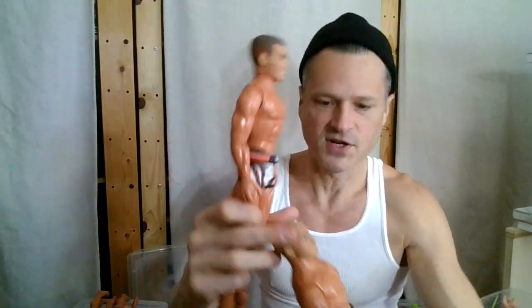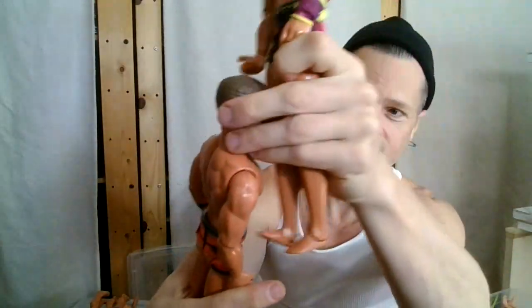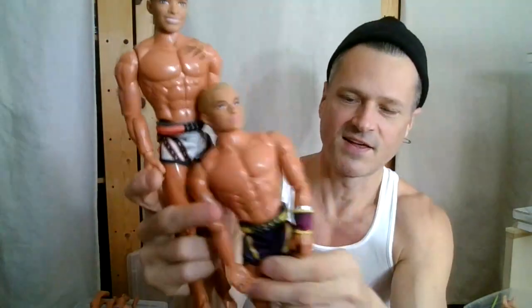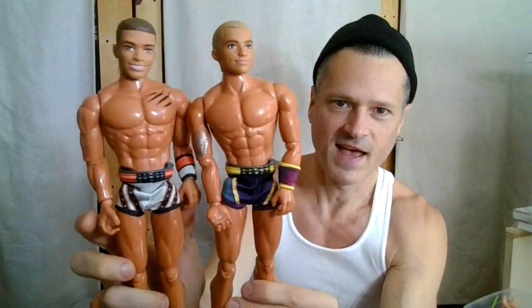And I love how the electronics are hidden, and the same goes for all of these other ones. These are two other favorite heads, Fashionista heads. This was a 60th anniversary Ken, and I love these shorts, and I'm so happy I get to use them. And I just made all of these little kung fu wrestlers, and then this is